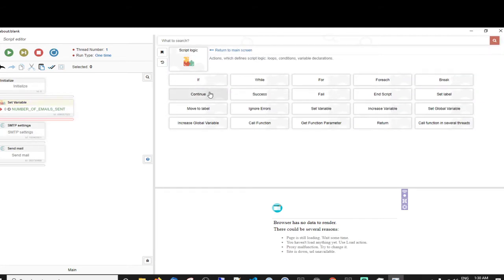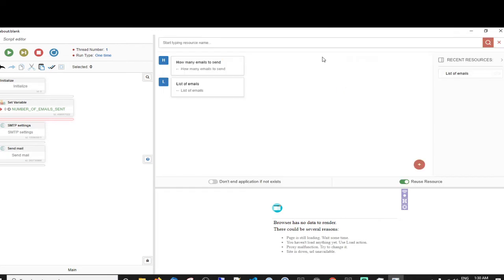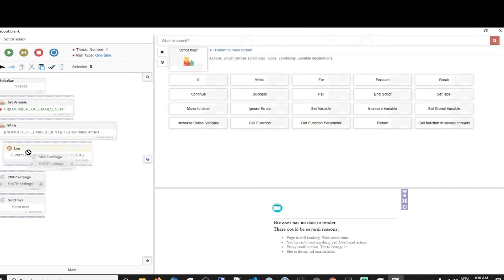And then this is the simplest way to set up the loop. It's probably not the best way. While number of emails sent is under, and then how many emails to send, then put it in here.